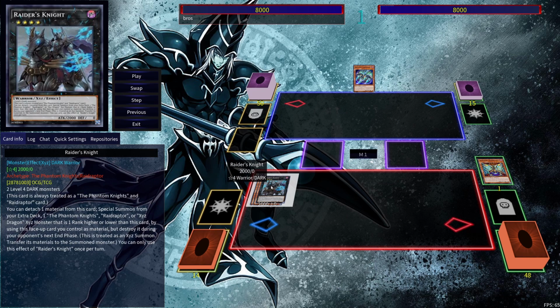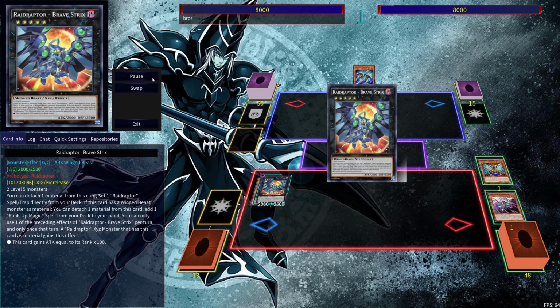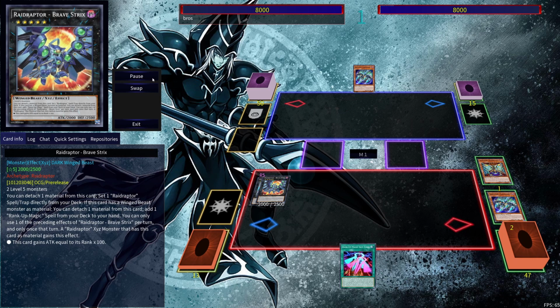Exceed into Raiders Knight, so you're going to see a lot of Raiders Knight now. Before, it was more of an optional card that people would run, so you can go into Dark Rebellion, into the rank 5 Dark Rebellion, but here we're going to have to be running it because this is a great way of just going into the new rank 5 RAIDRAPTOR pretty easily without needing the level modulation from Noir Lanius. So here we're going to go into Brave Strix, then we can actually activate Brave Strix effect here in